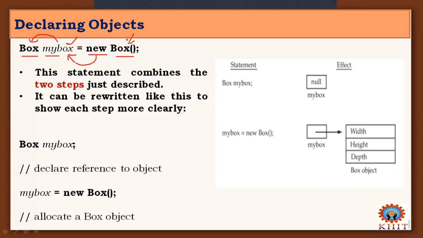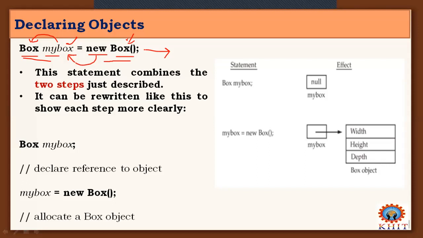So this is the syntax to create an object.